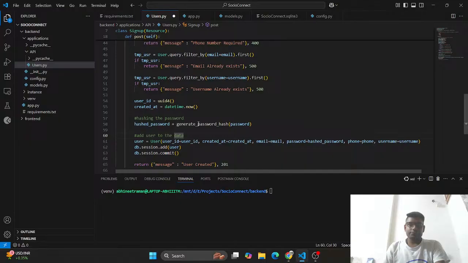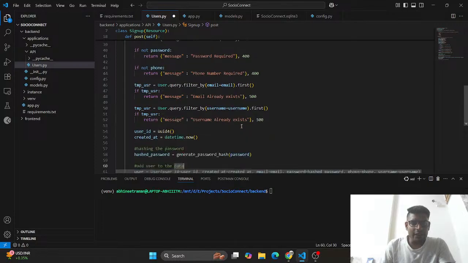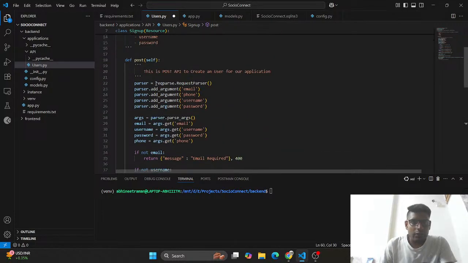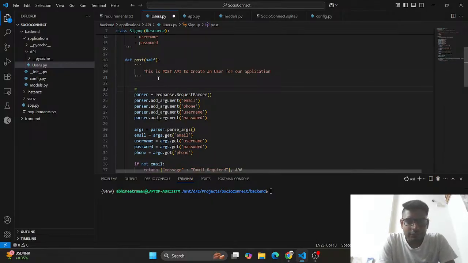Now these things are ready. We have created these things. So what is this parser? Parser is something that parses input data,